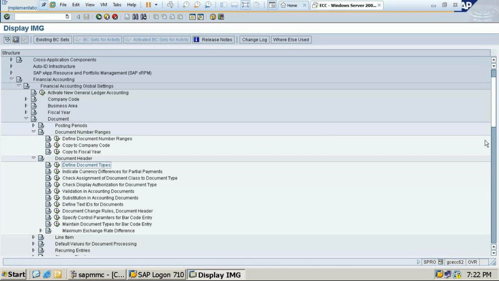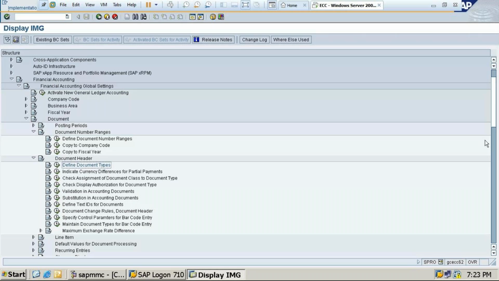Go to SPRO, financial accounting, global settings, then document, then document number ranges.